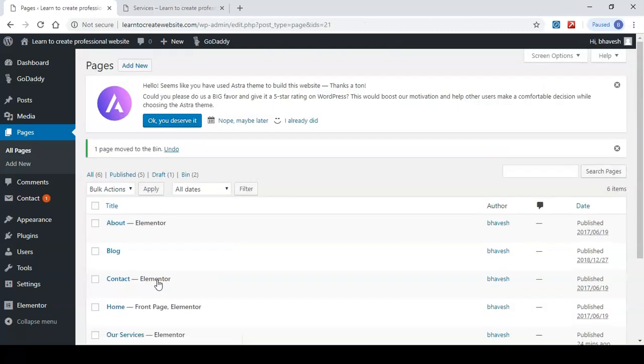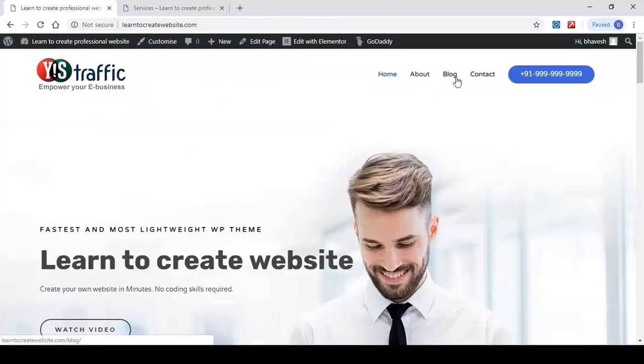So services page will be moved to trash. Now we will add our services page to menu. So hover over here and click on visit site. You can see that the services page link is removed from the menu.